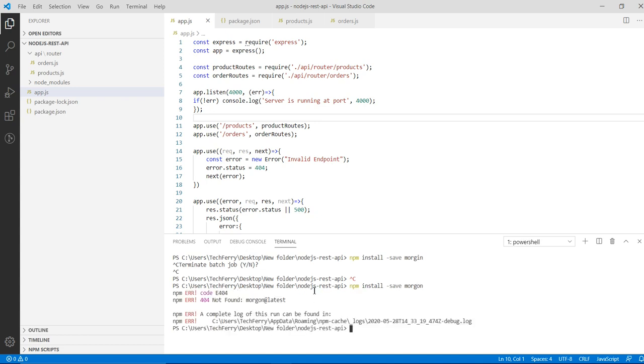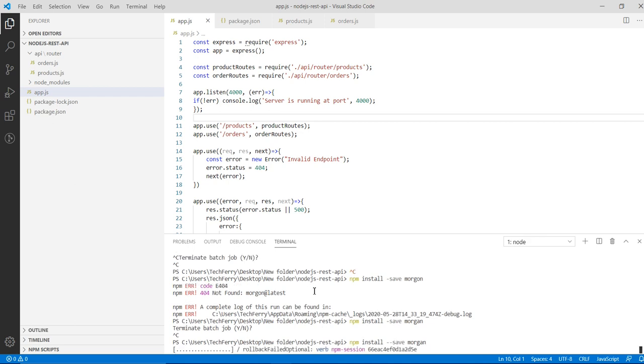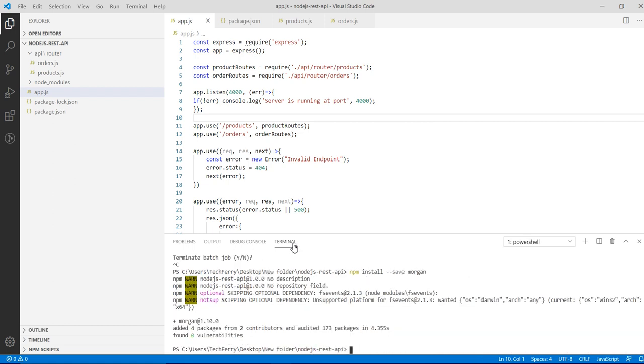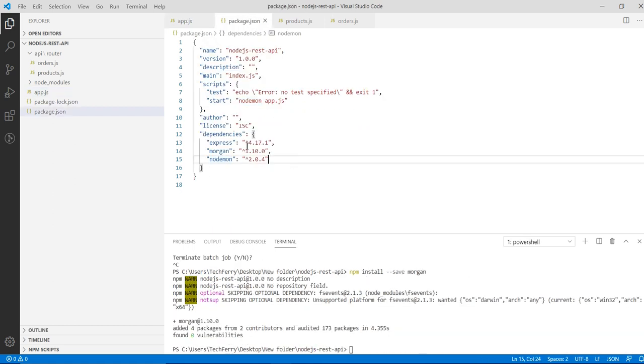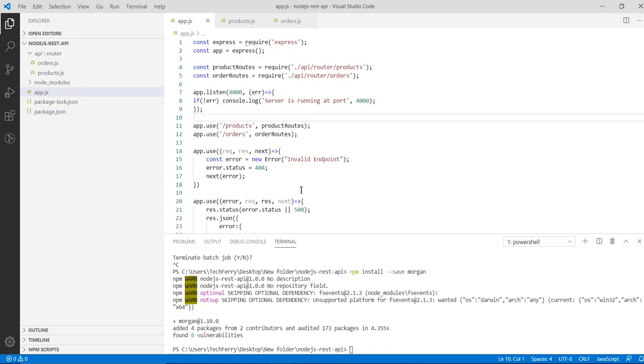Morgan is being downloaded into my repository. I have made a spelling mistake here, sorry for that. npm install --save morgan. Morgan is being downloaded into my application as a dependency. You can again verify from your package.json that Morgan version 1.10.0 has been added as a dependency.